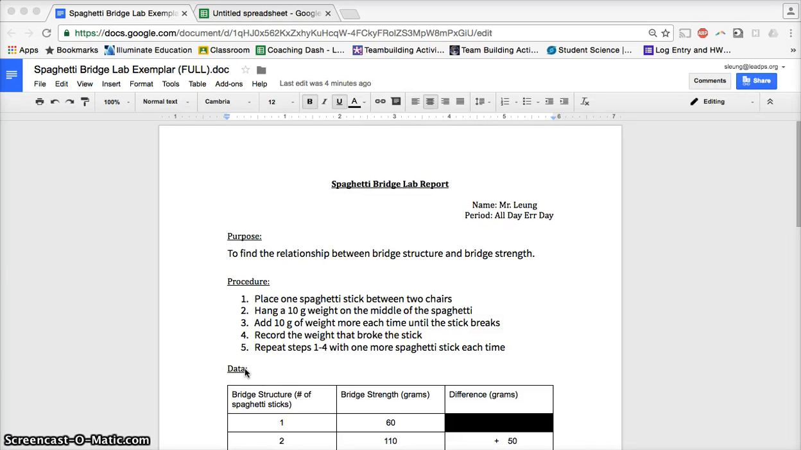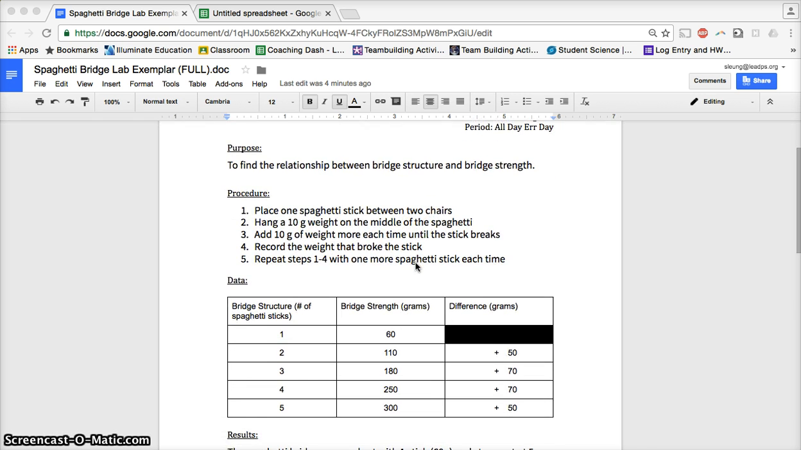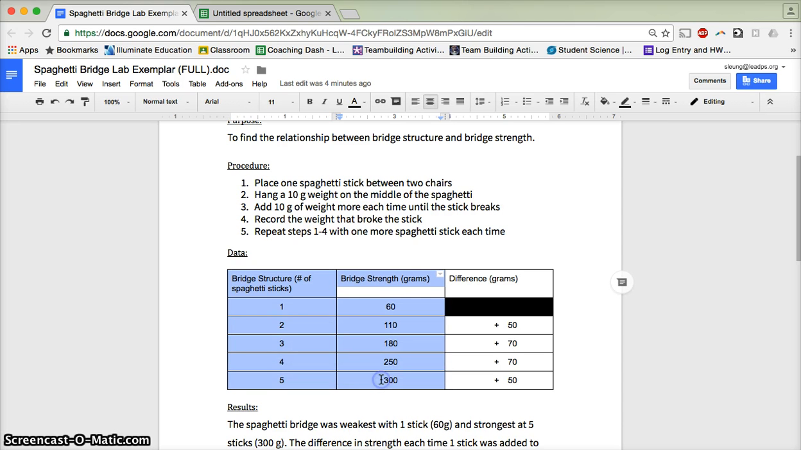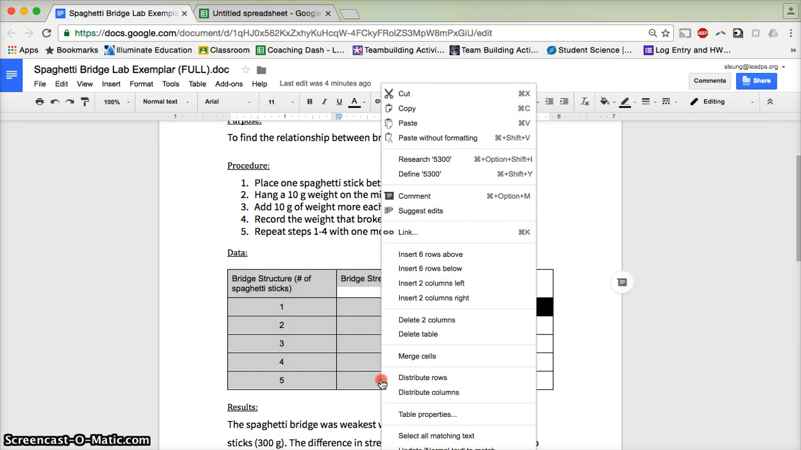Hi, you've clicked into the video to create a graph for your Spaghetti Bridge Lab report. First, you need to have created a data table for your Spaghetti Lab report, just like I have here. You are going to copy and paste the independent variable and the dependent variable, which is the bridge structure and the bridge strength. You're going to copy those two columns,